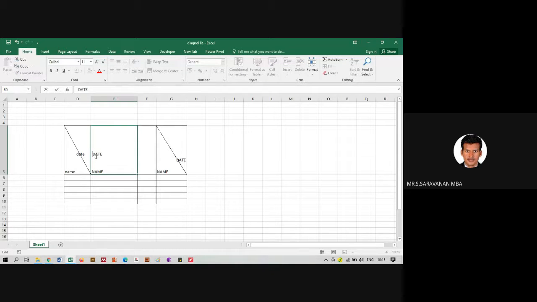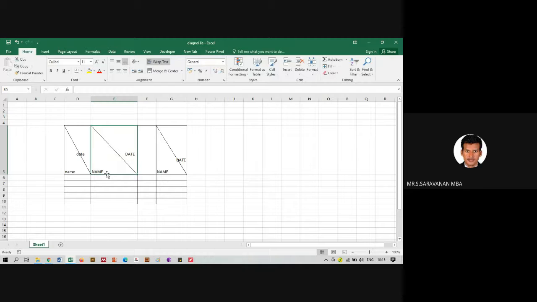So in a single cell, you can type two informations using diagonal options.